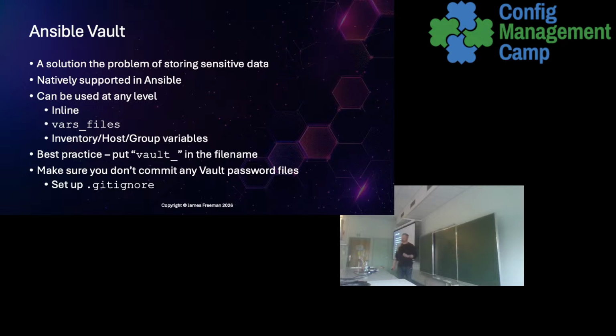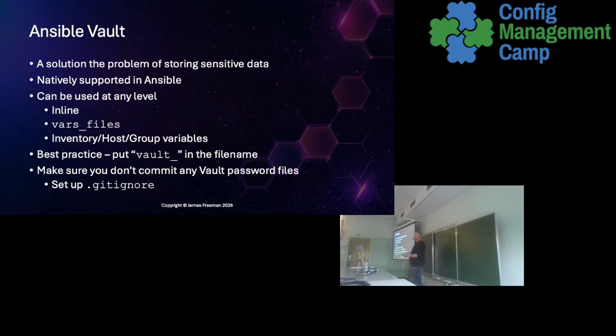When you run the playbook command, you don't have to decrypt it, so you don't ever have to have the file decrypted on your file system. You tell Ansible to prompt you for the vault password, you give it the password, it will decrypt the file as it runs, decrypts it in memory, I believe is how it works, and then it has access to the variables, but the file on disk stays encrypted, so that way you're never leaving your passwords in the clear.